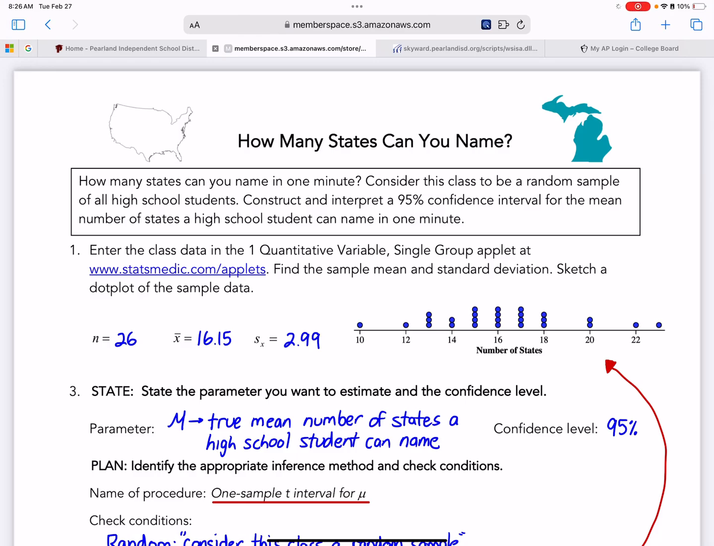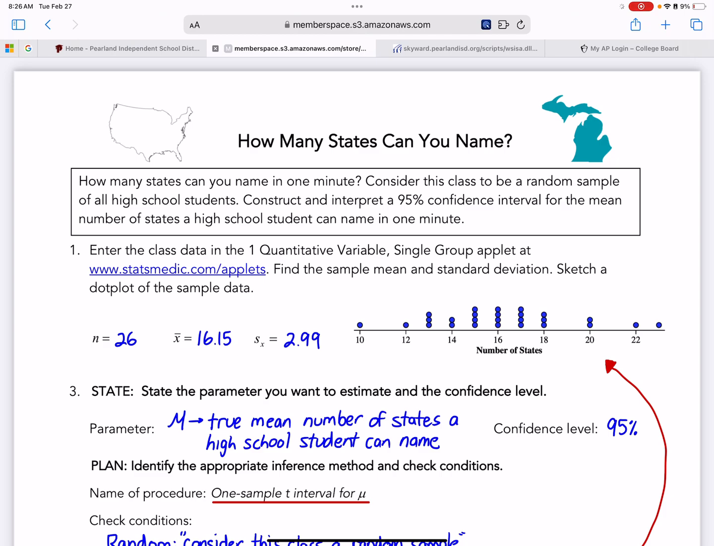Continue. This is Unit 8, and it's how many states can you name, and we're going to be constructing a 95% confidence interval, so we're going to continue on this particular lesson. So the first thing, it says, how many states can you name in 1 minute? Consider this class to be a random sample of all high school students. Construct and interpret a 95% confidence interval for the mean number of states a high school student can name in